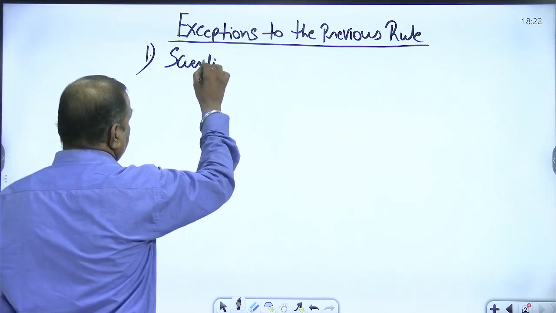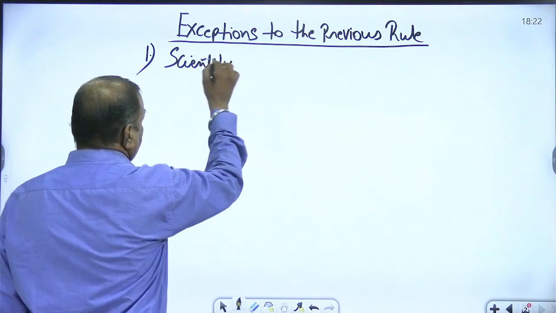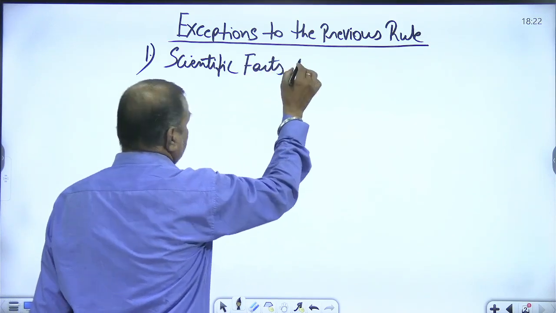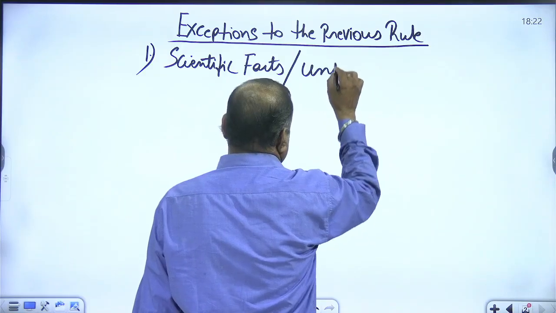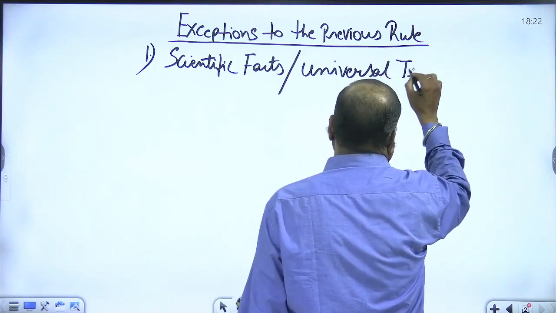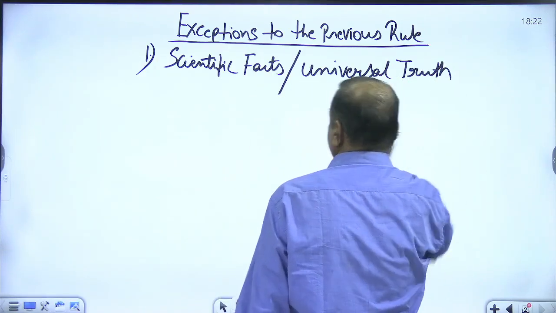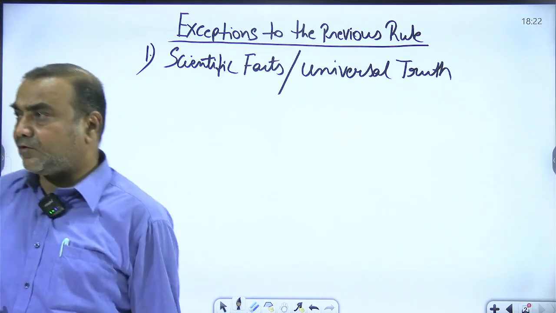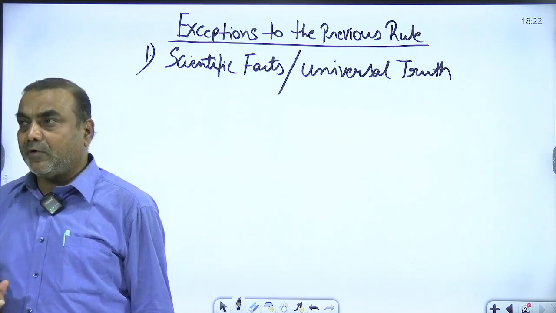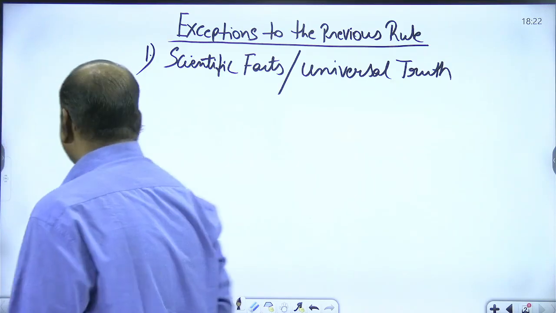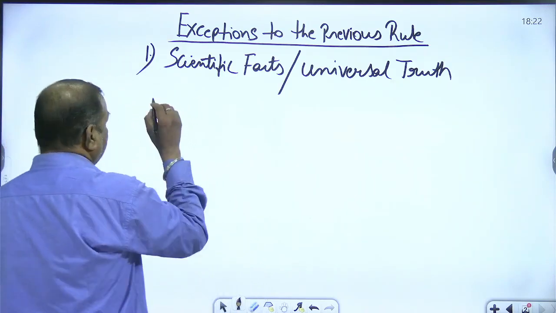Scientific facts and universal truth. In case of scientific facts and universal truth, we do not follow this rule. तब हम इस रूल को फॉलो नहीं करते. वो कैसे? Suppose for example,